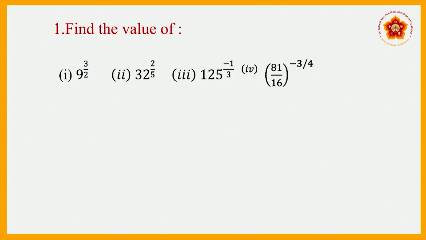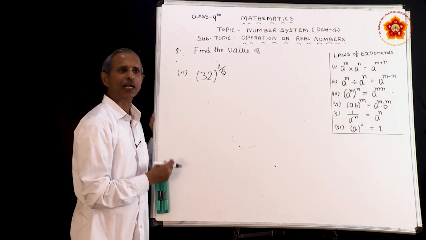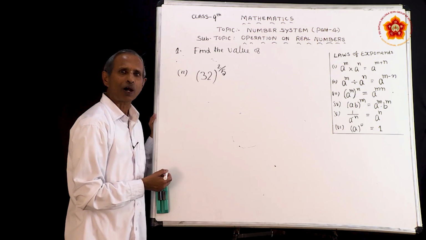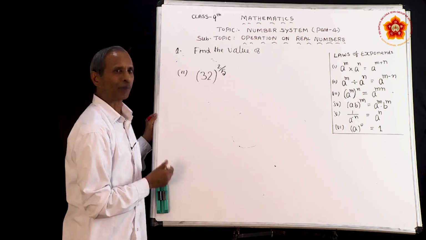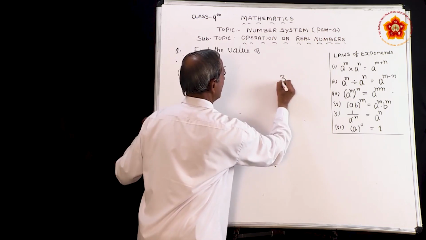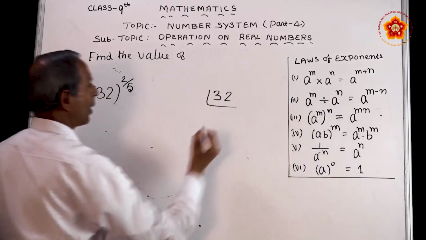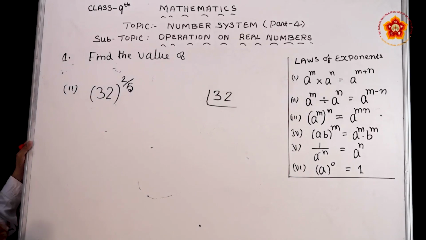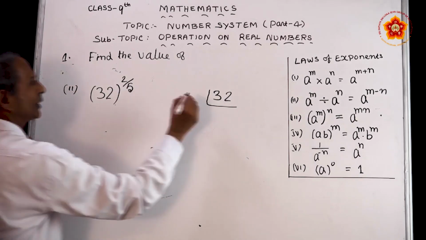Similarly, here 32 is not a prime number, it is once again a composite number. First of all, you have to convert it into prime factors. Now, let us do that here on the board. First, you have to divide by the smallest prime number which is divisible. The smallest prime number is 2. I am going to divide by 2 first.